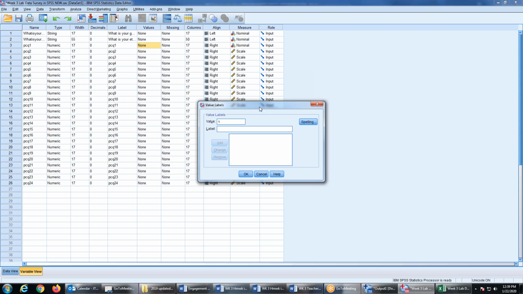So 1 equals disagree, or I should say strongly disagree. 2 disagree. 3, I can't tell if I spelled that right. Okay. Somewhat